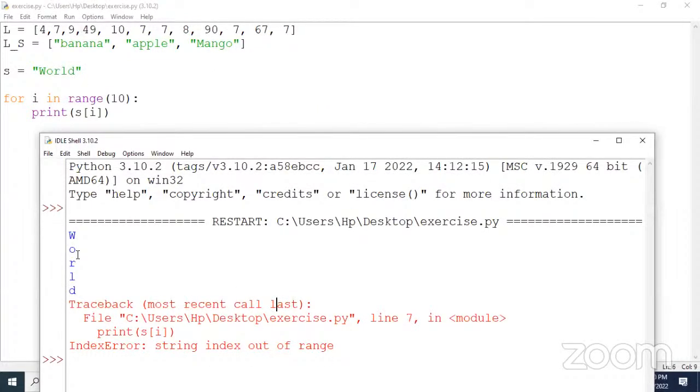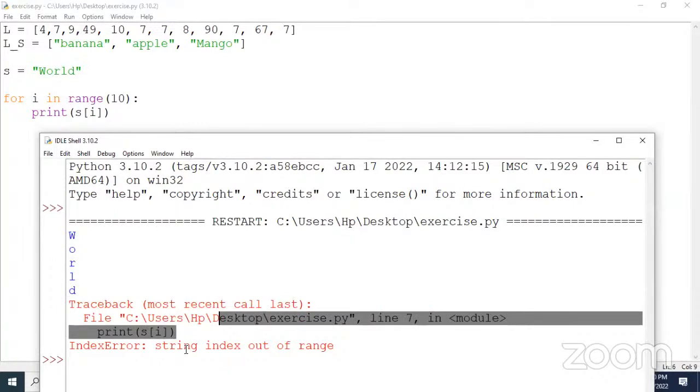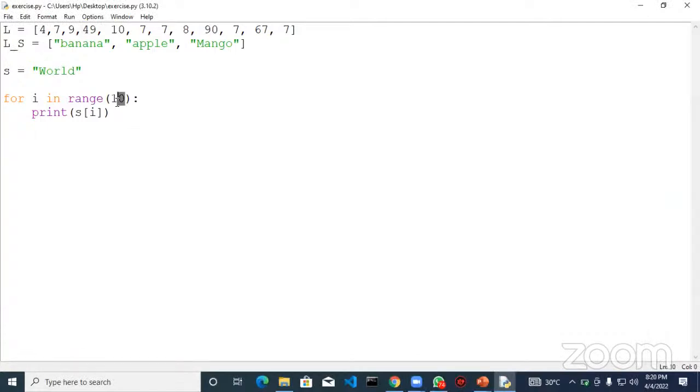It printed the first 5 words, and when Python got to the 6th word, it said string out of range. That's because we are hard coding this value. This value is not dynamic. It does not change with the word and with the string s. Python now said, if you're not using the loop with the string, what you should do to avoid such error, you use the keyword len